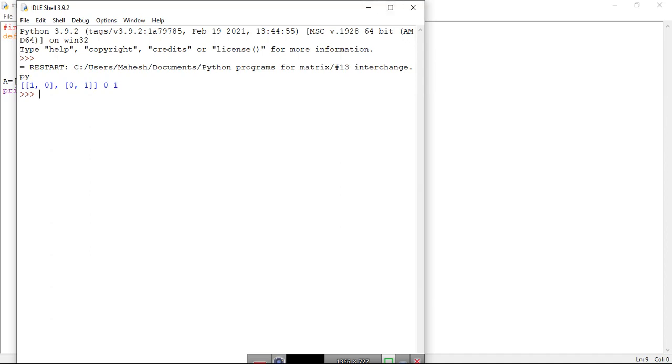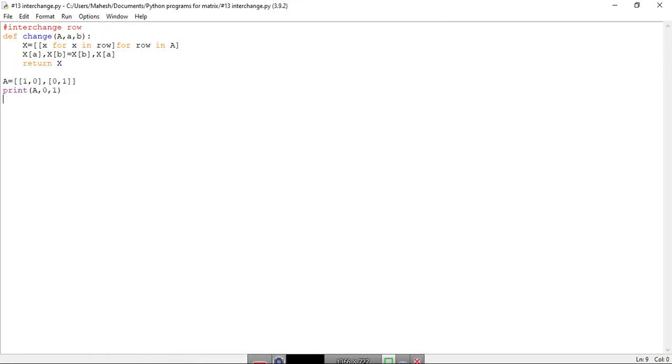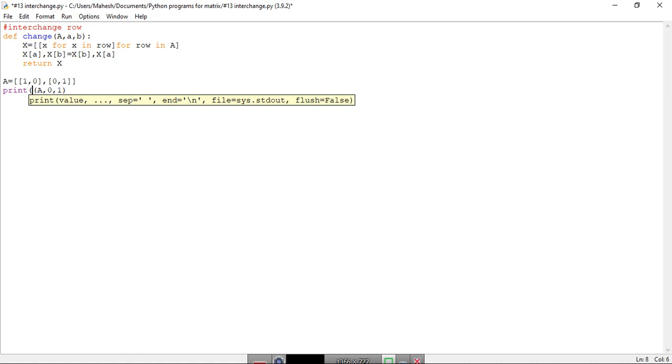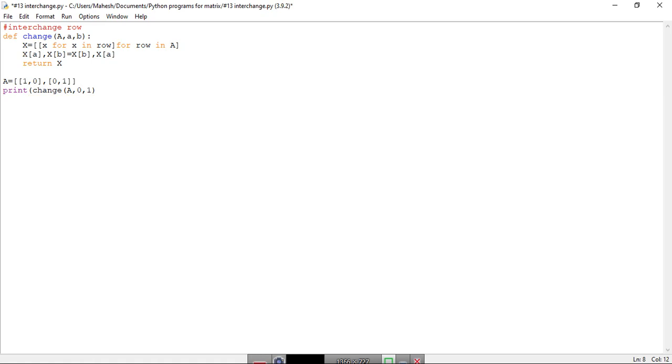Okay, so this is 1 0 0 1, and again this 0 1 is coming extra, so we might have done some errors here. Let's go back and check what error we have done. A simple error, we have written A01. So what this print command will do, it will take A and it will affect this 0 and 1 there. But actually what we wanted is to change A0 and 1.